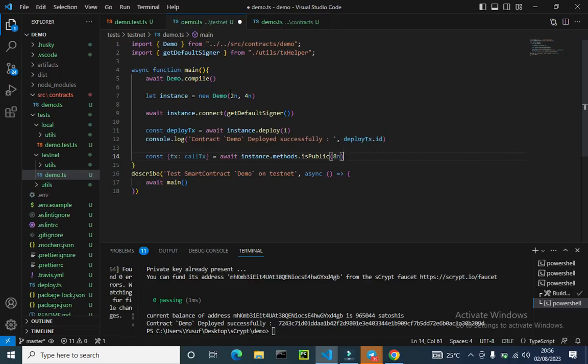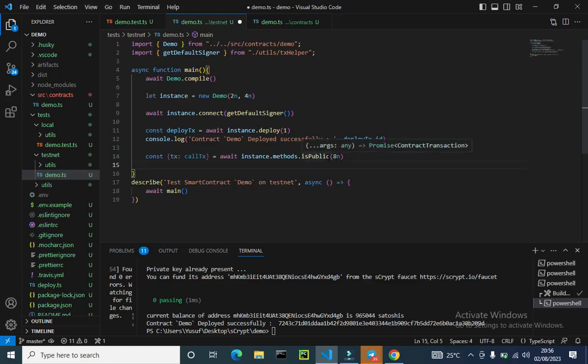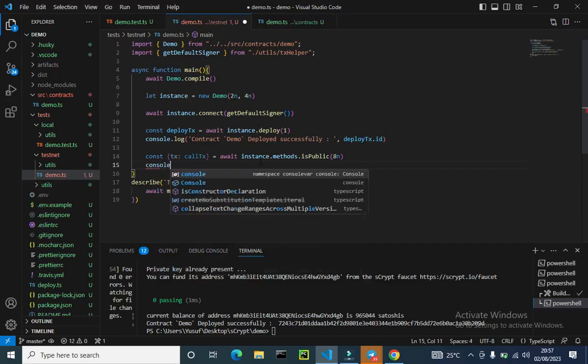So after that, we are going to write the transaction ID on the console. So this one line is the one that calls the contract. This line is one that interacts with the contract. You just interact with the contract with a single line of code. So you can write it on the console, console.log